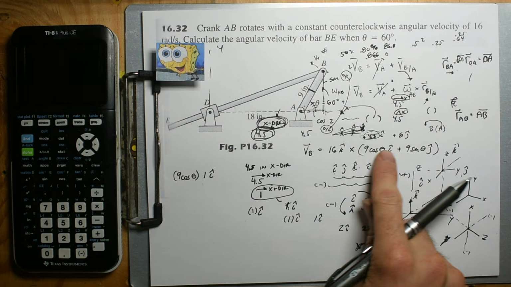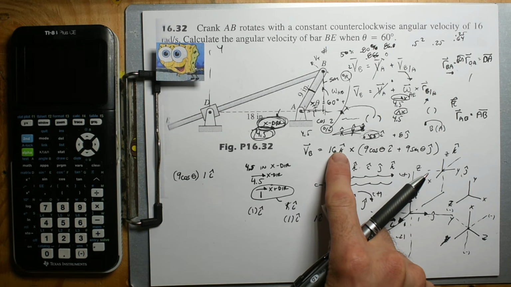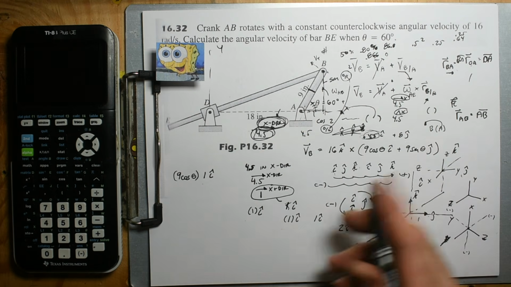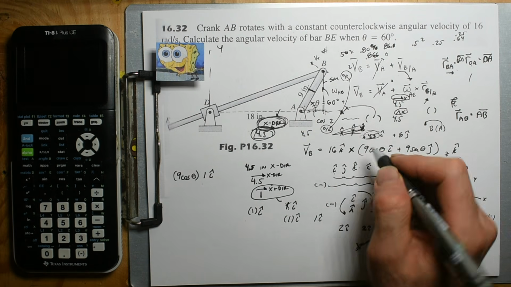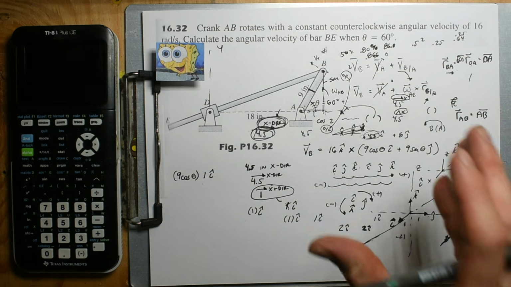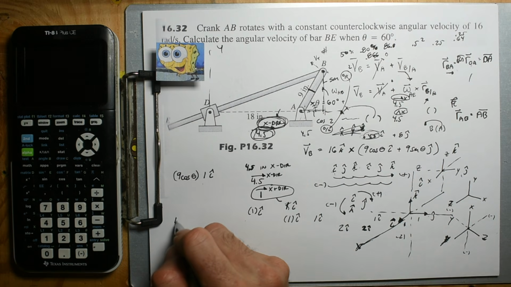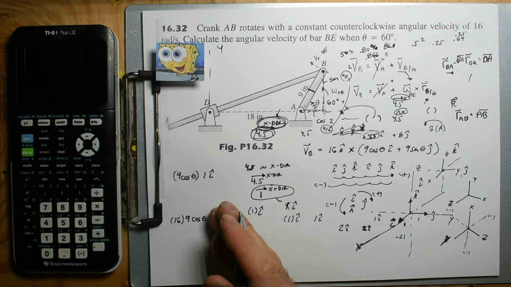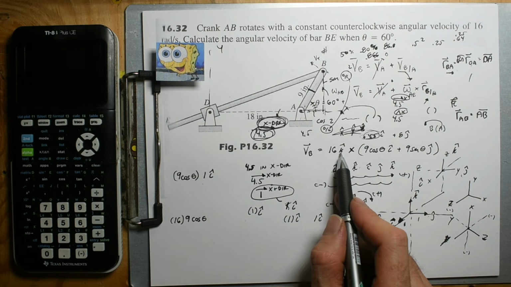All right, so let's do this. We're going to cross k and i, and then even this. How do you do this? Well, it's two scalars. Dot product and cross product are still a multiplication. So I'm still taking 16, and then I'm multiplying it by 9 cosine theta. And then I'm multiplying,